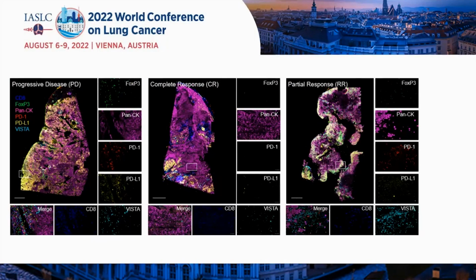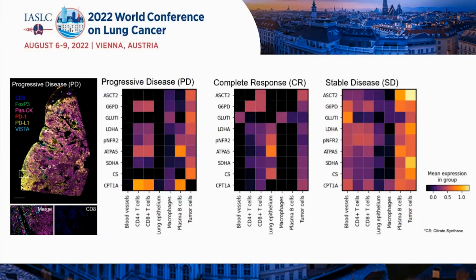But what we saw in the study, in a cohort of patients that were given immunotherapy, where we had their clinical endpoints and response to therapy data, was increased expression of metabolic markers, specifically in the tumor compartments of those patients that did really poorly. So what you're seeing here is increased presence of glucose uptake, specifically in the tumor regions of the patients that did really poorly.